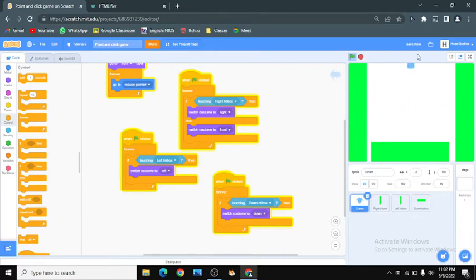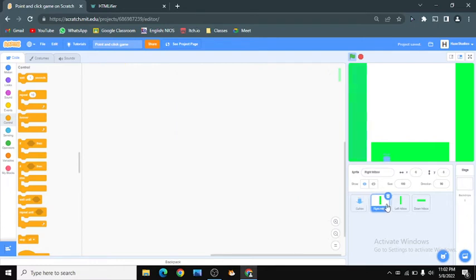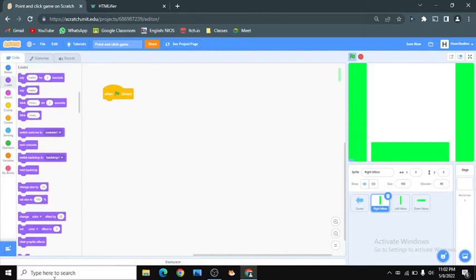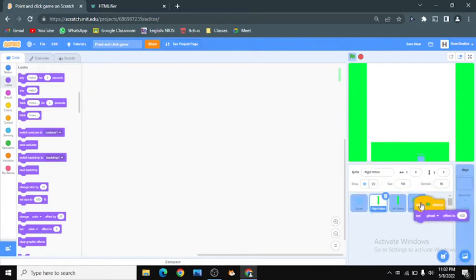So now we have a pretty good hitbox, but we don't need this sticking out when we are actually playing the game. So I'm gonna do when clicked, set ghost effect to 200, and I'm just gonna put it everywhere.